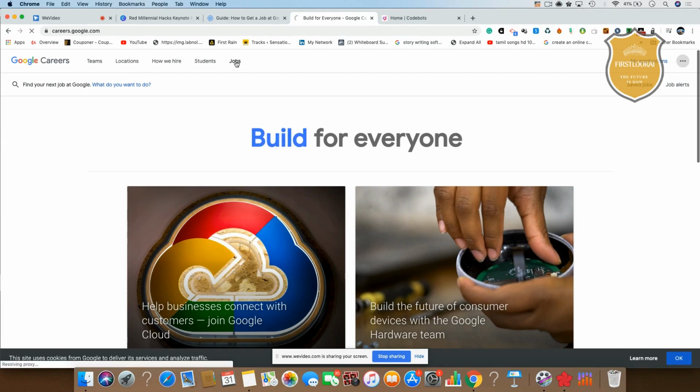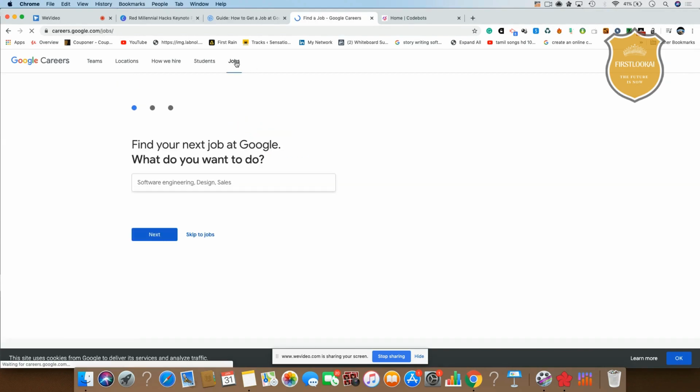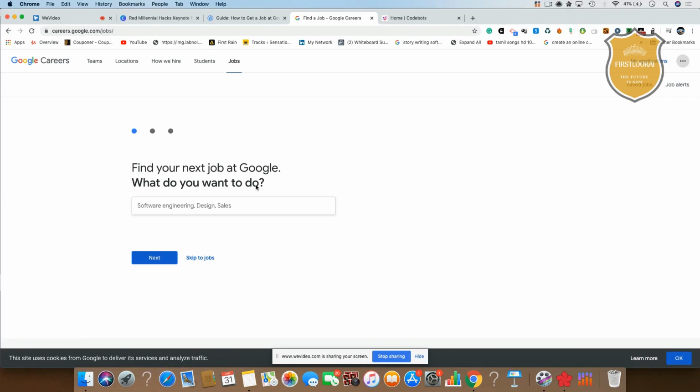So click on jobs here, and then go ahead and start your application. Find your next job at Google, whatever you want to do. You can even skip to jobs, and you can set a job alert for when something happens. And then if it's a dream company, go ahead. Dream companies should always be pursued. Pretty good. Go ahead and do that. Correct. So coming back to this,